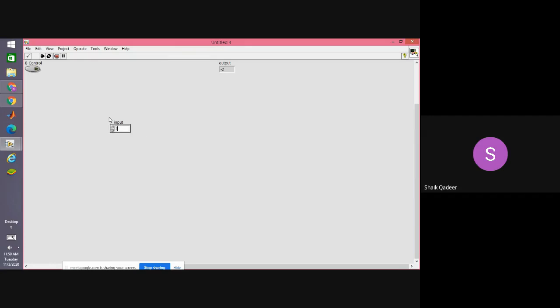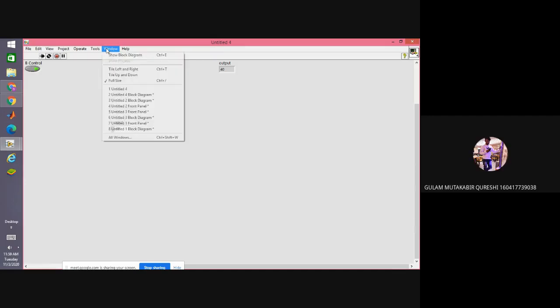Let us give some input 20. So 20 minus 2 is 18. अब समझ जाइए, control I am giving 1. If control is 1, output is input plus 20. Input is 20, 20 plus 20 is 40. Is it clear? Yes, sir. I am showing you block